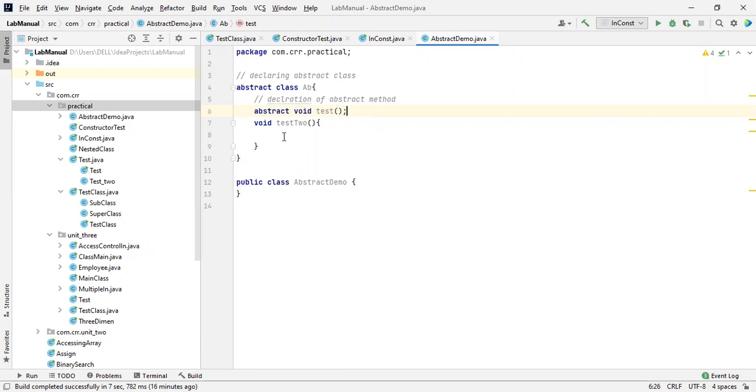What you're writing over here is the implementation; this is a common method. The abstract class consists of abstract methods as well as non-abstract methods. If you mention the abstract keyword before the method, we can't implement it over here; we'll implement it somewhere else. If it is not an abstract method, you have to implement it over here.